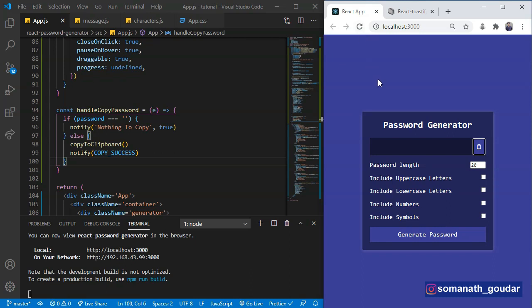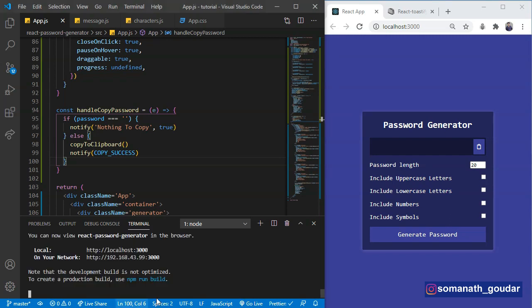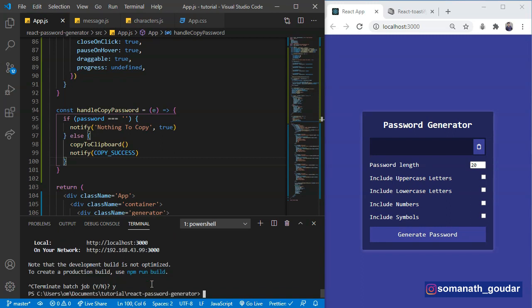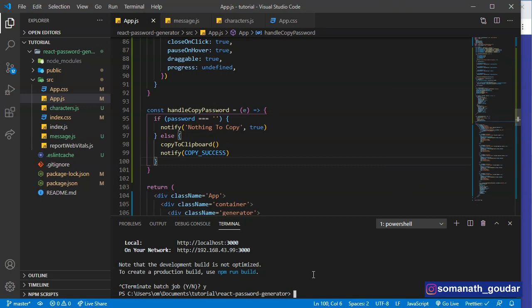Now the only thing that is left is we are going to deploy this site to Netlify. Deploying to Netlify is as easy as 1, 2, 3. So let's stop this server. Let's terminate the server. We need to create a build folder for our project in order to host this on Netlify.